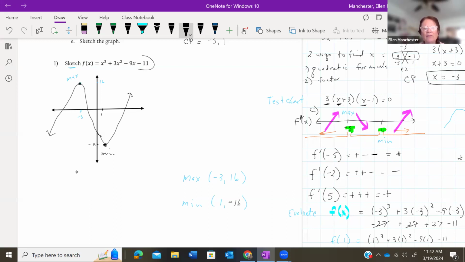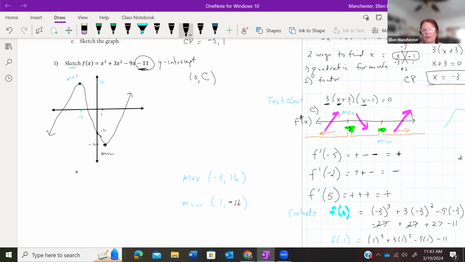Now, you could make it even more accurate. This -11 is your y-intercept. Remember, the y-intercept is when x is 0. So it's 0, 0, 0, and -11 is the only thing that's left. So it crosses my y at -11. So you can make it a little bit more accurate. Where it crosses the y-axis is super easy. It's always this constant. So the constant is always your